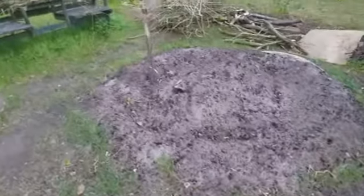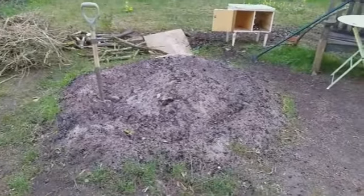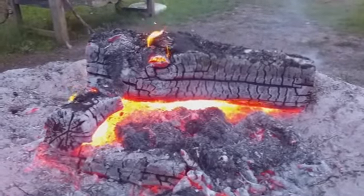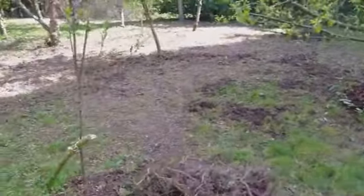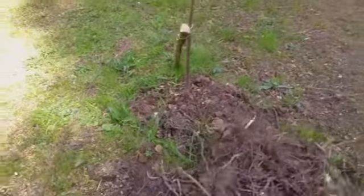There's the fire pit. If you've seen any of my previous videos, you'd have seen me, particularly one with a fire burning of a croc's head that we had. Well, I've been digging up bramble roots. Once we've cleared it of brambles, going through,